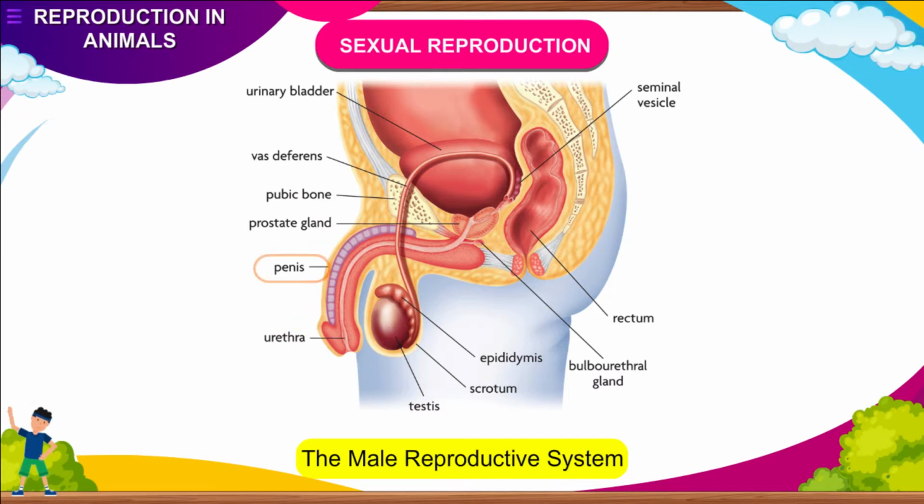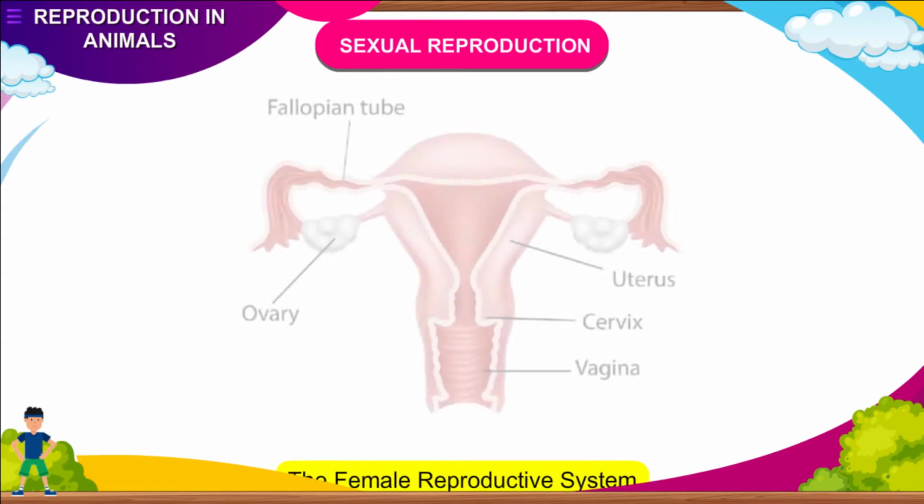Penis. Urethra opens into a muscular structure called the penis. Penis has a rich supply of blood vessels and erectile tissues which cause stiffness in the penis. Penis is the common way out for the urine as well as the semen. An average human male starts producing sperms at the age of around 14 to 15 years.